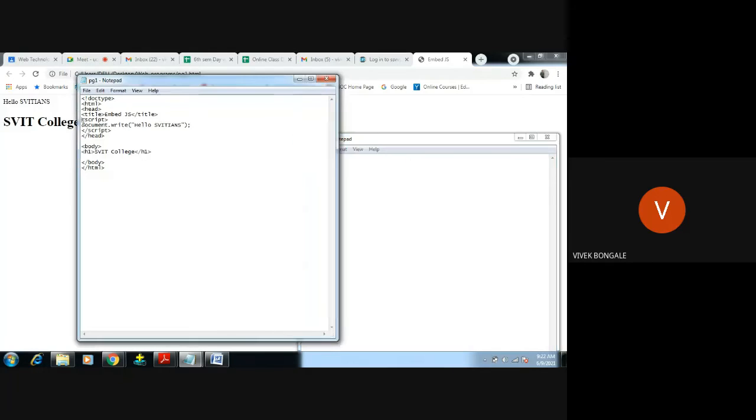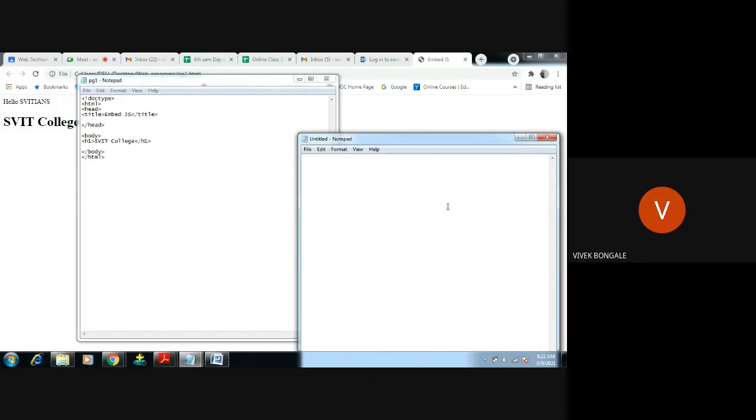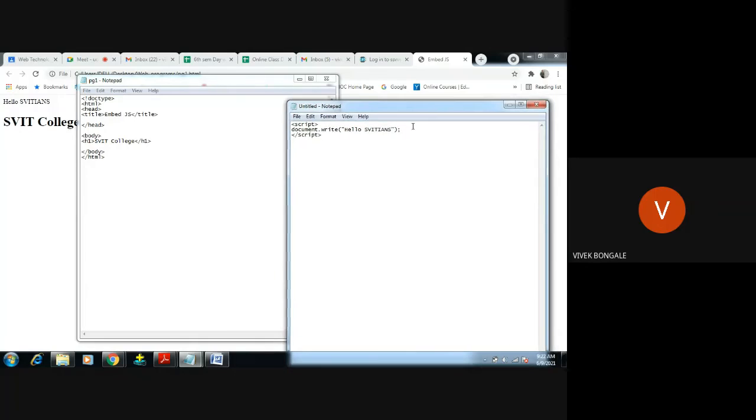So I will copy this part and paste it over here. But as we are using a different file for the JavaScript program, with an extension like .js, there is no need of this tag. It's the same thing in CSS: if you are using an external CSS file, we are not using the style tag.